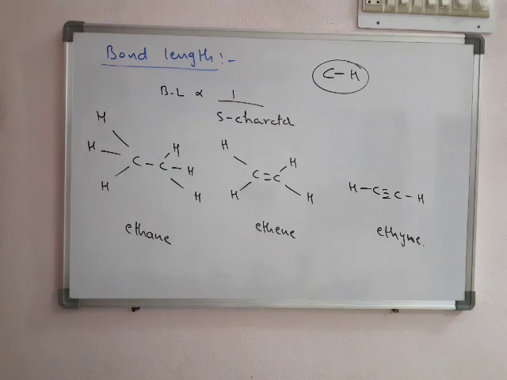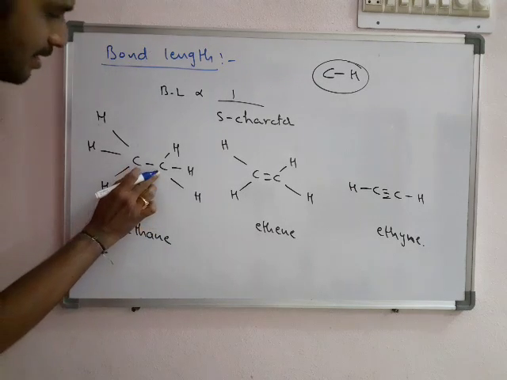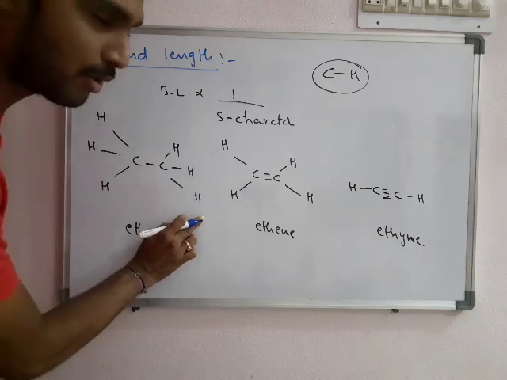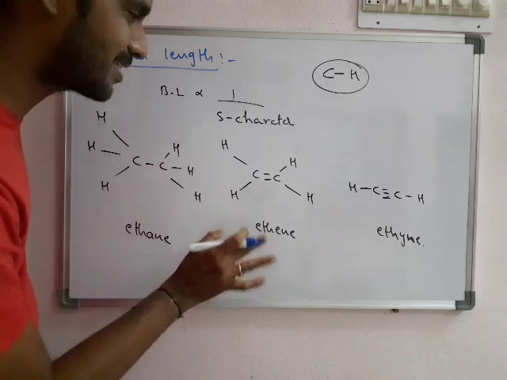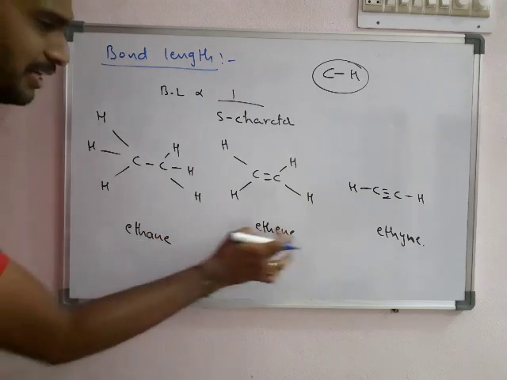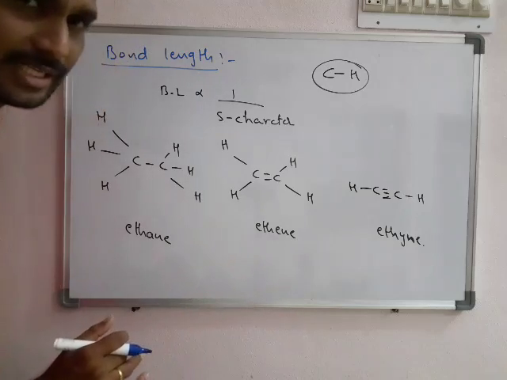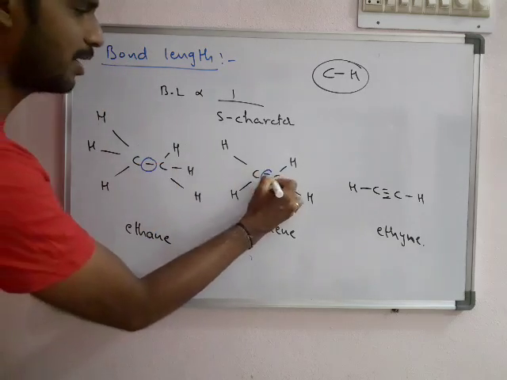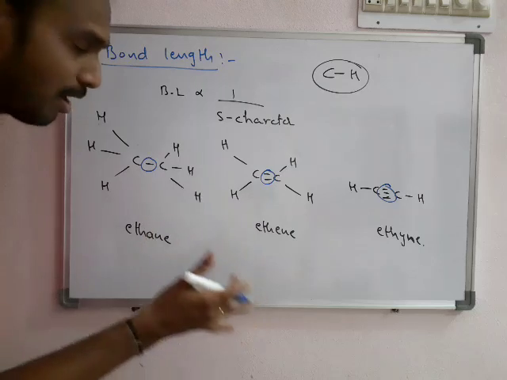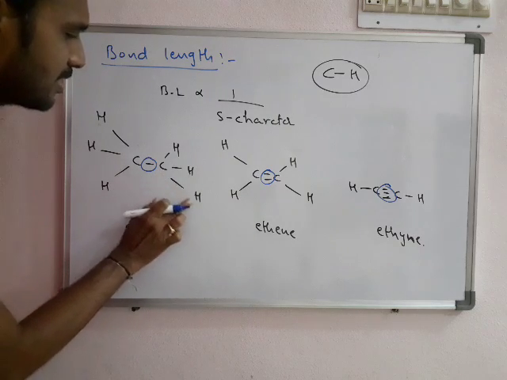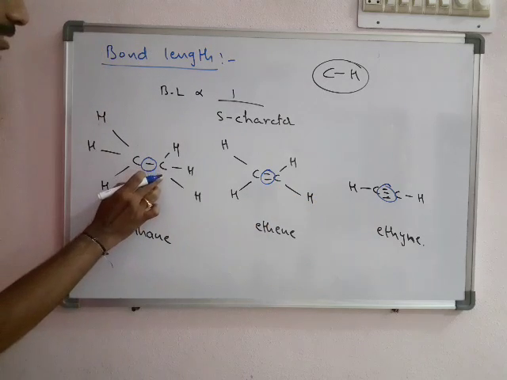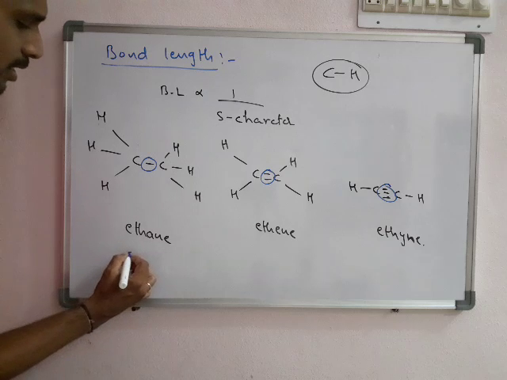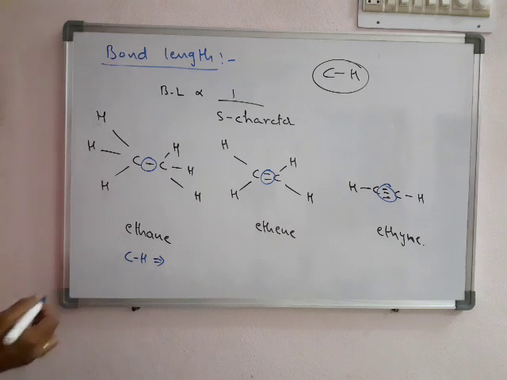Here the C bond H length is different in different compounds. Even though it is the same CH covalent bond, the bond distance is different in different molecules. Already we discussed single bond, double bond, triple bond; that is a different thing. Now I am discussing the single bond between C and H in all of them. In ethane the CH bond length is given as